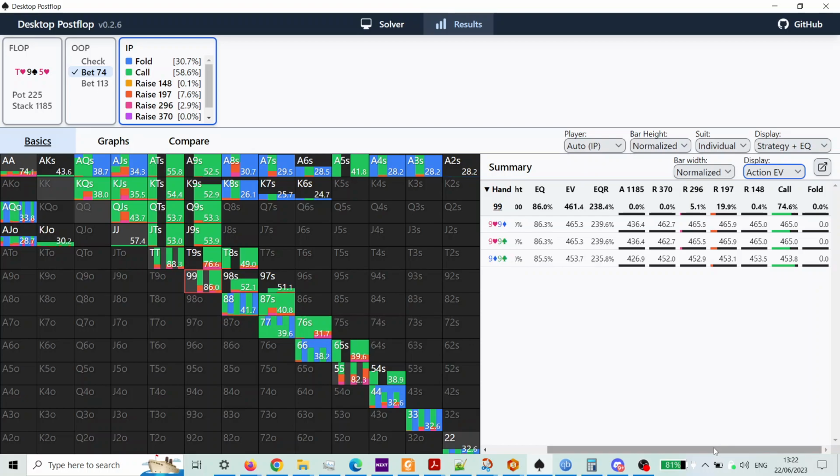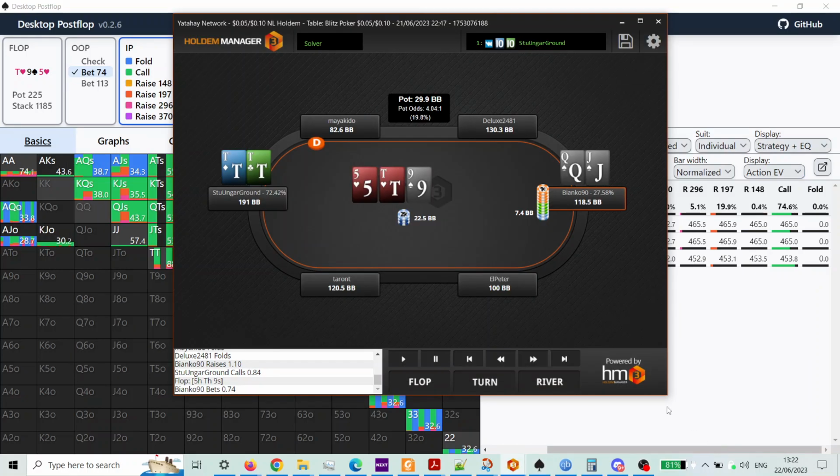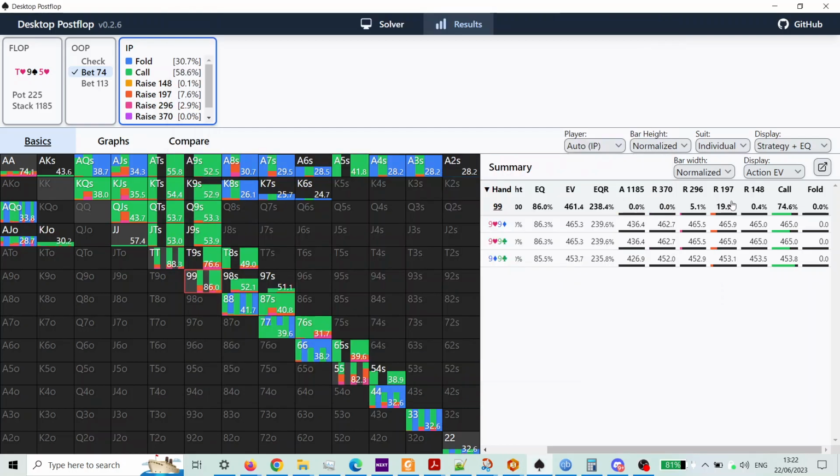And here's another example where we can do some sizing comparison. So he bet 7.4. We chose to go to 19.7 big blinds. Matches up here with the 197. I'm glad that solver liked my sizing. This is an example where I chose in the solve to add a number of sizings to understand what sizing solver liked best. Click bet 2. This is almost a 3x, which I used, up to a little bit more than 4x, and it really likes my sizing. So we chose to raise in game,